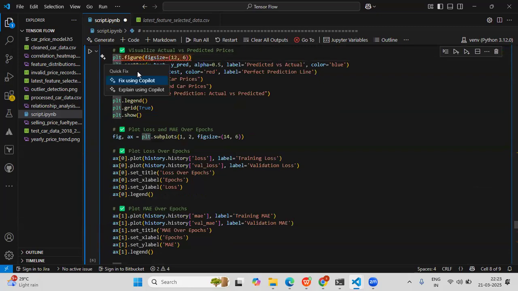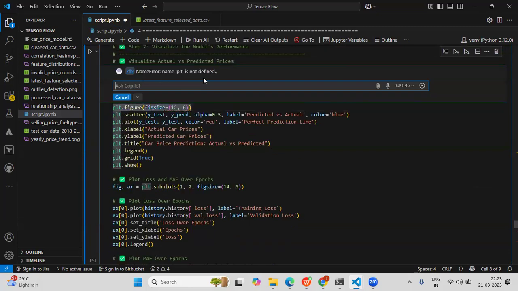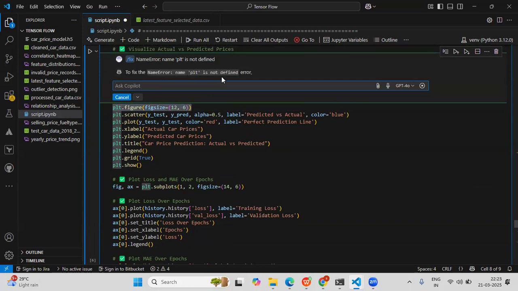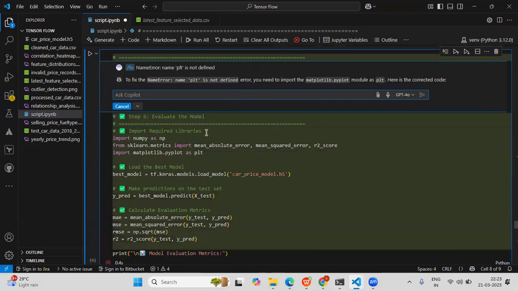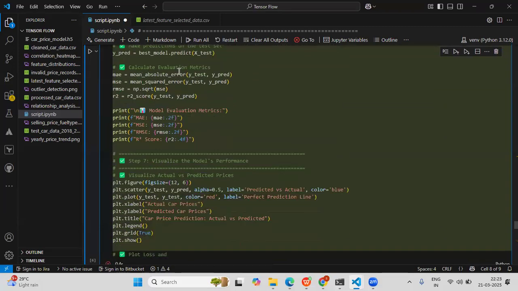So we are getting one more error: plot is not defined. So these are some undefined things we need to import, matplotlib.